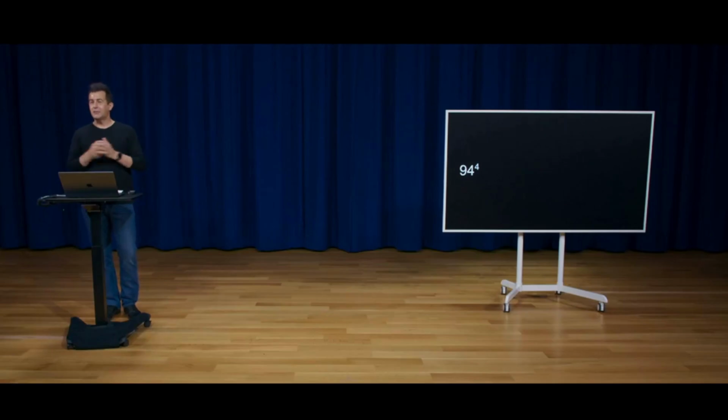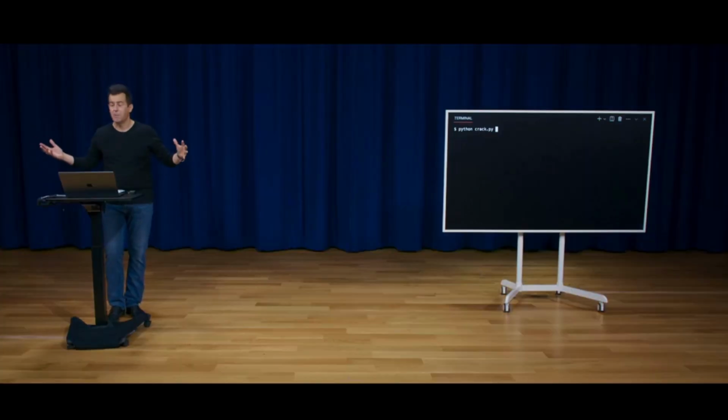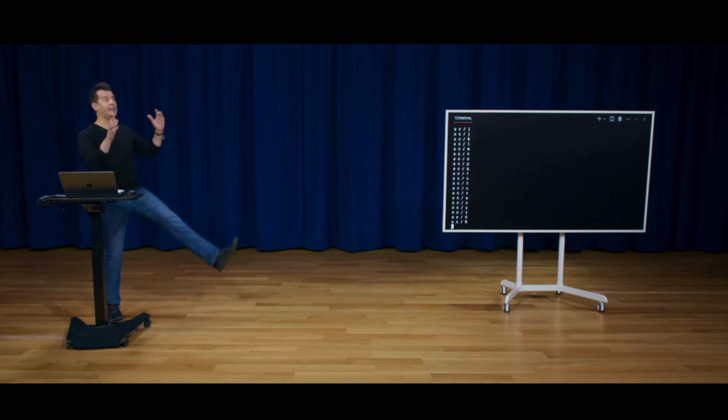And does anyone want to estimate what this is? Seeing it indeed in the chat, roughly 78 million possibilities. So in some sense, 10 times more secure. I'm going to open up my terminal window again. I'm going to run python of crack.py. And this time, because we have 10 times as many possibilities, I kind of had 10 times the amount of time